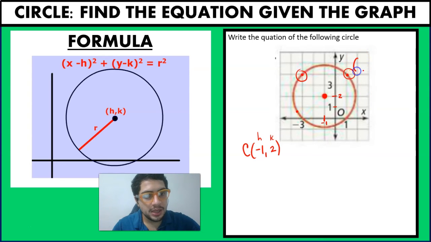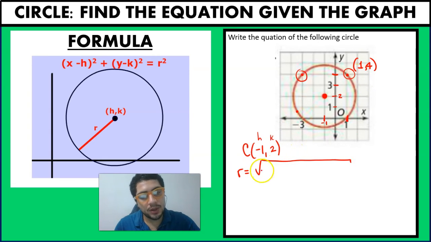So for example, this point is point 1, comma, 4, right? And then now that we know that that point is in the circumference, we're going to find our radius, right? By getting it from the distance between that point and the center. Okay, so we know that our radius is going to be the square root of y2 minus y1 to the power of 2 plus x2 minus x1, so minus 1, and then that to the power of 2,